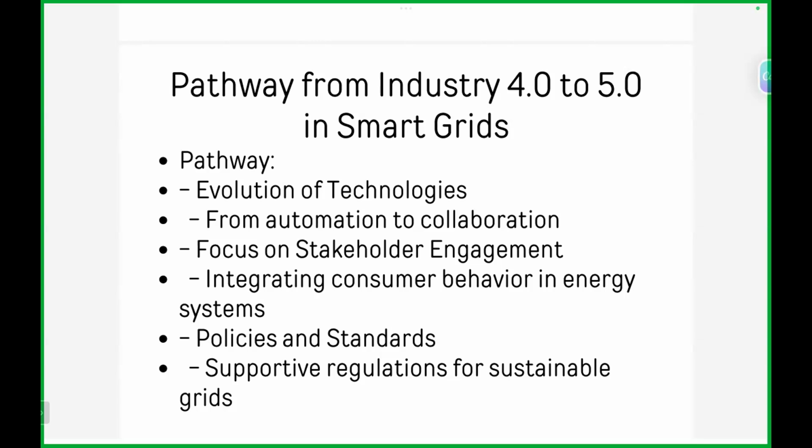And from automation to collaboration. As I told you, Industry 5.0 is focusing on human-centric automation. And the second thing is a focus on stakeholder engagement, and integrating consumer behavior in the energy system. Right now, Elon Musk is working on this